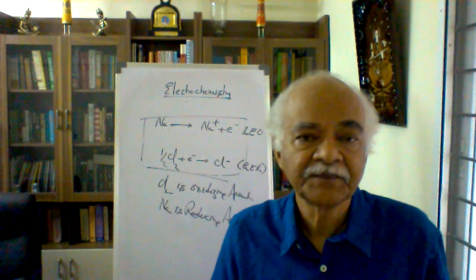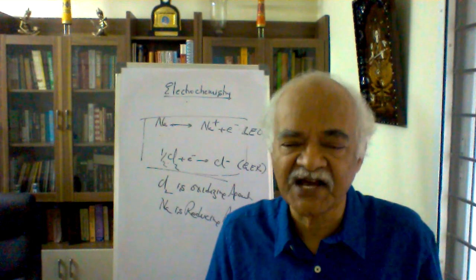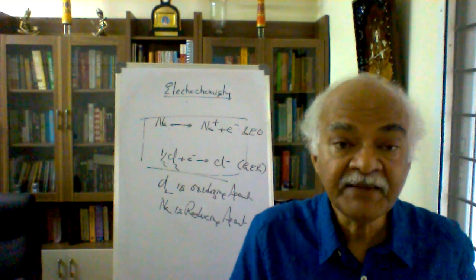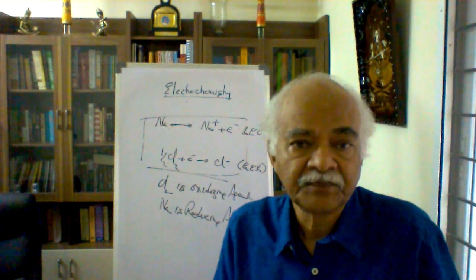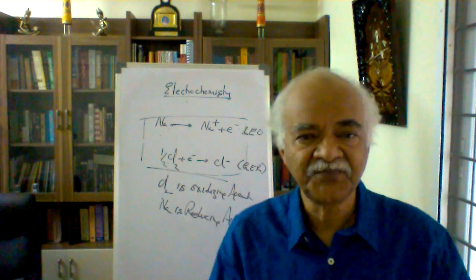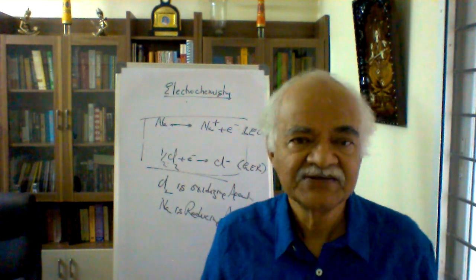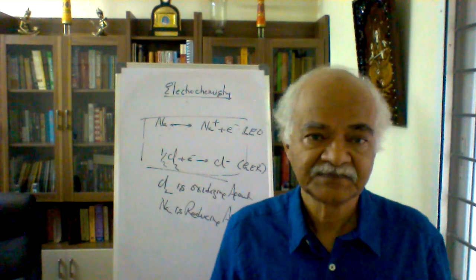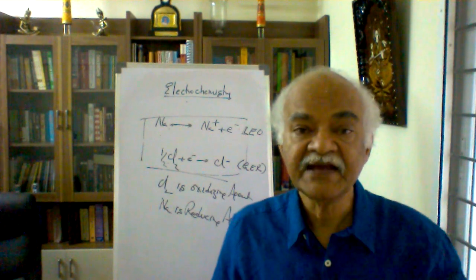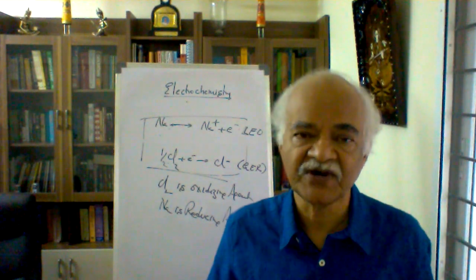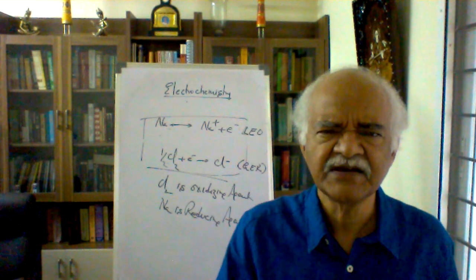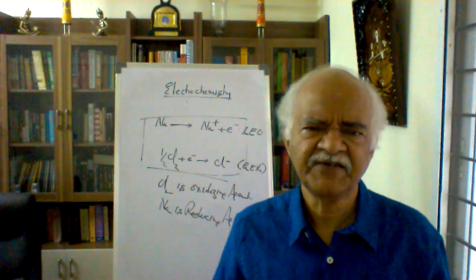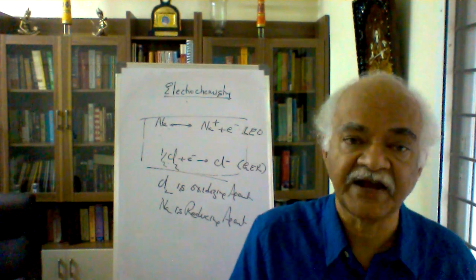There is a beaker, a glass beaker. Of course, in the chemistry lab, I use glass beakers normally because the visibility becomes easy for me. And in that, I am taking copper sulfate solution. And as you are aware, copper sulfate has a very beautiful, bright blue color. Therefore, you can easily imagine that blue colored solution in a glass beaker, and into that I am dipping a zinc rod. Zinc rod, of course, does not have a color. If you clean it properly, it looks silvery. Otherwise, it has no particular color.